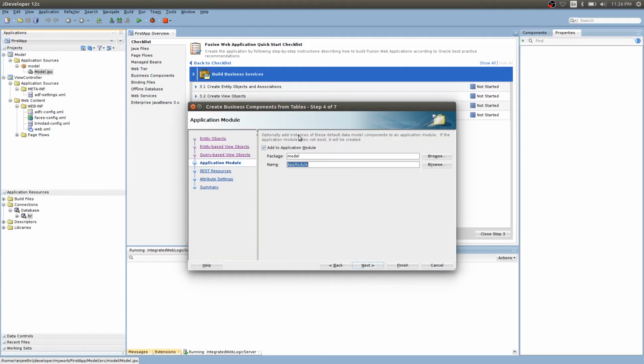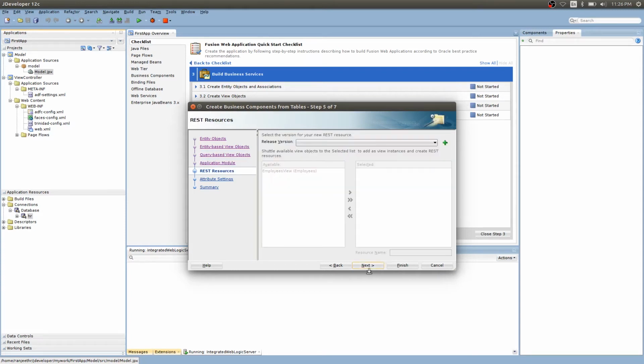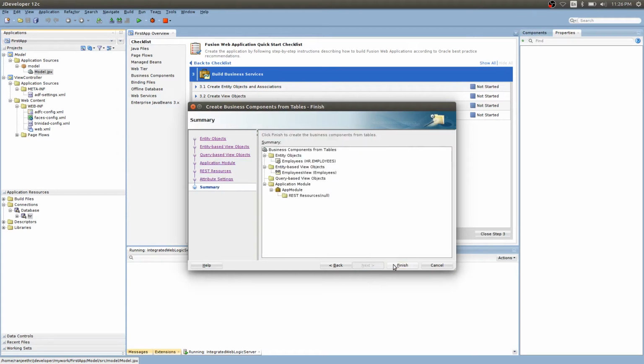Click on next. This is the application module. So you can specify any name. So I will be giving HR app module. Click on next. Click on next. Next. And as you can see here, this is the entity object, this is the view object, and this is